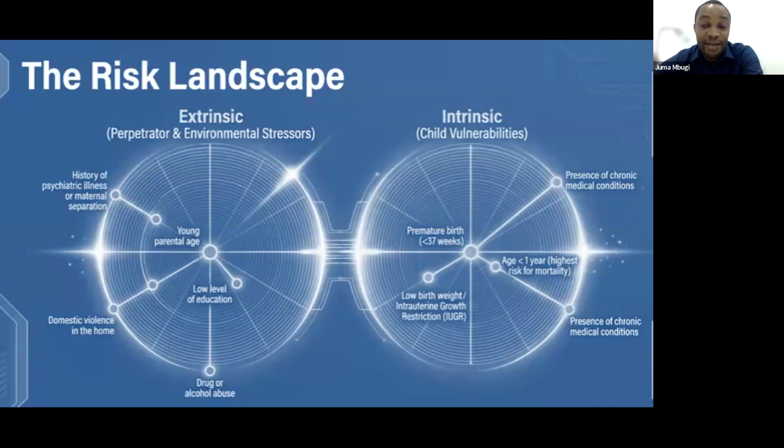And extrinsic factors, these are caregiver factors, the perpetrator factors: history of mental illness, young parental age, low level of education, drug or alcohol abuse, and some domestic violence in the home. Those are some of the risk factors that can predispose a child to having non-accidental injuries. However, these risk factors exist, we understand that, but non-accidental injuries cross all socioeconomic and demographic boundaries. So do not be carried away by these risk factors. It can cross all the socioeconomic and demographic boundaries without